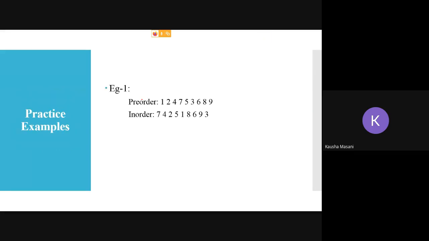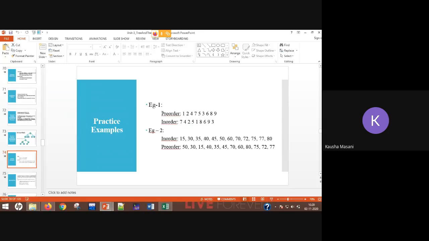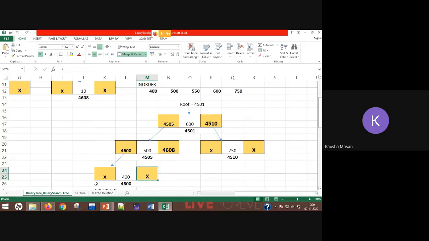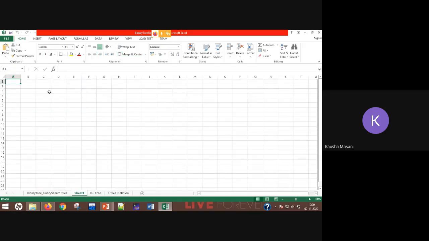Fine. Here's a practice example for you. Create a tree from this pre-order and in-order sequence. I'll do one thing. Wait. You guys tell me, what will be the root node? What will be the child node?